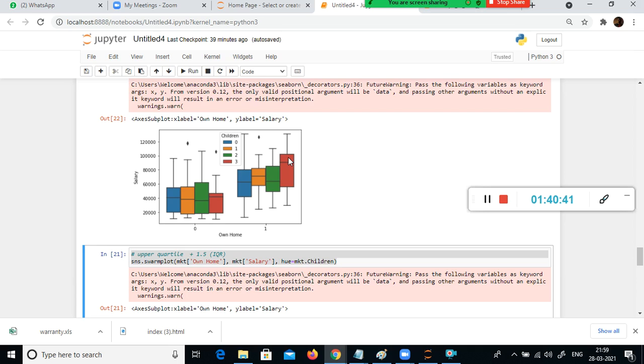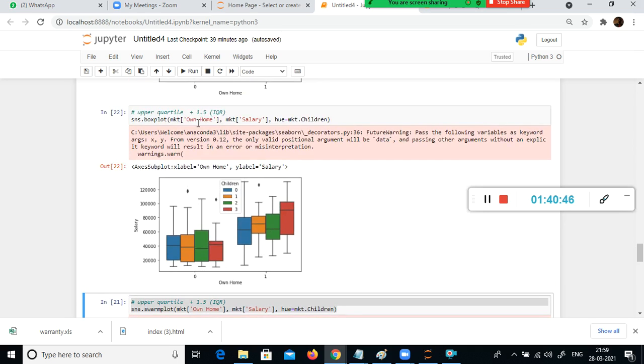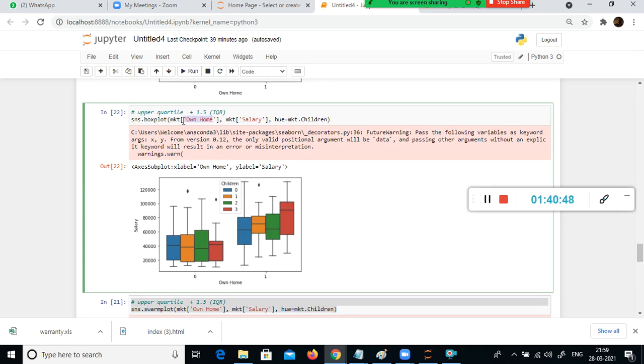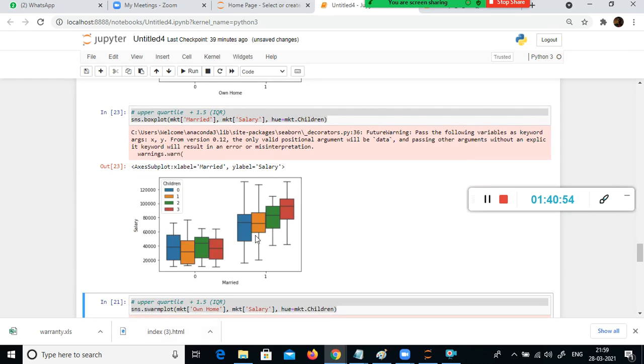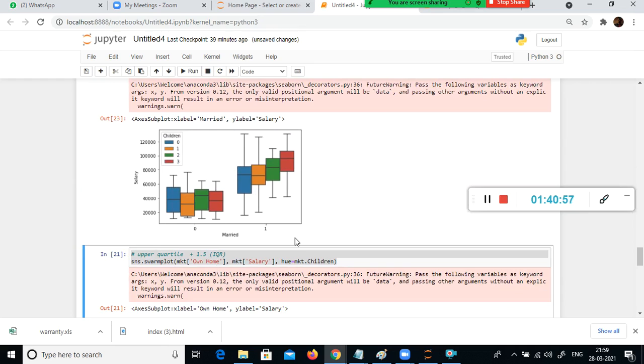So married people, sorry, not married people, those people, instead of this one, we will use married, right? Yeah, we'll see that one. So the same thing is applicable. Married people who have more than two kids, their spend is going high.